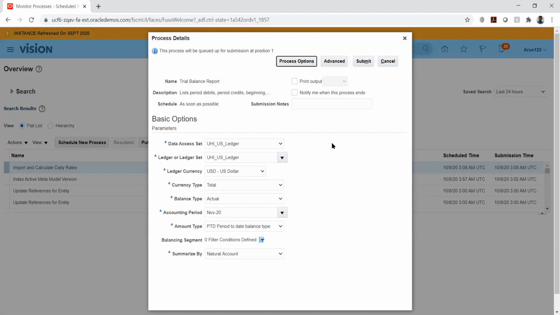This trial balance report is also through a concurrent process only. Yes, sir.